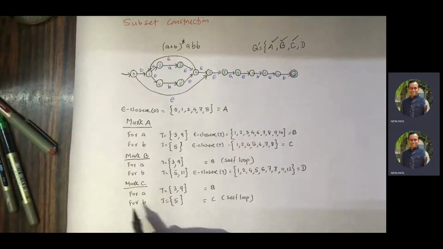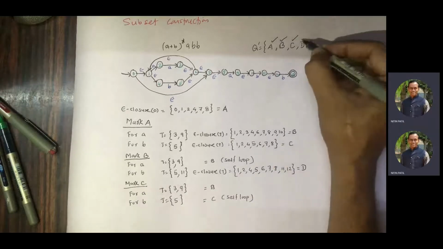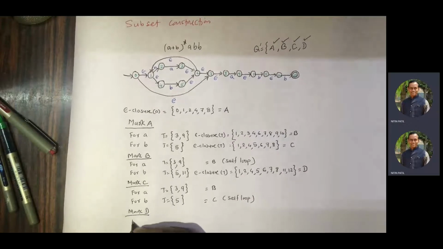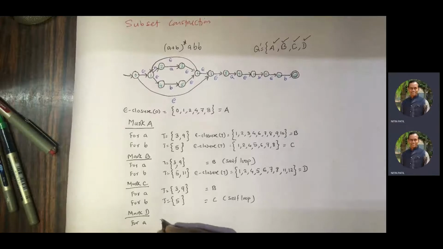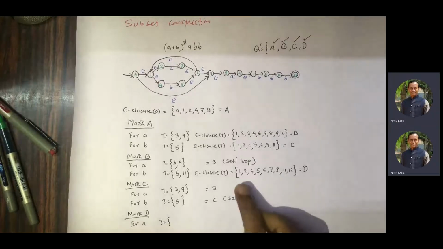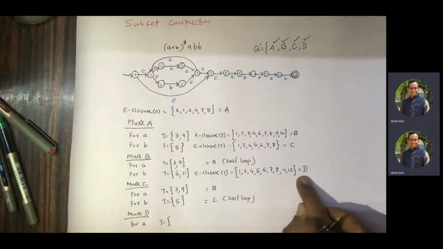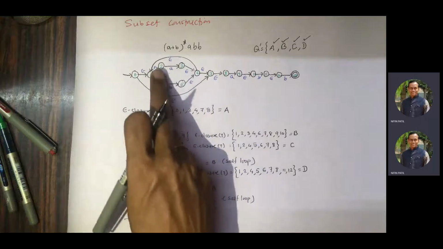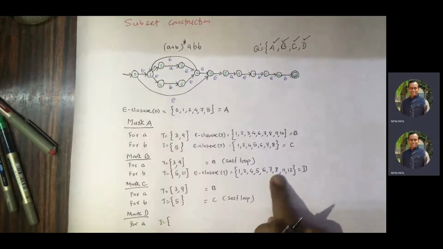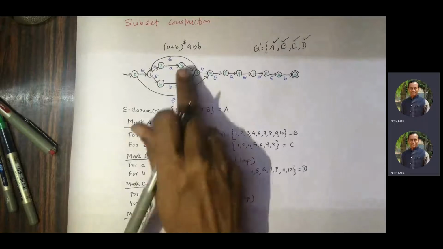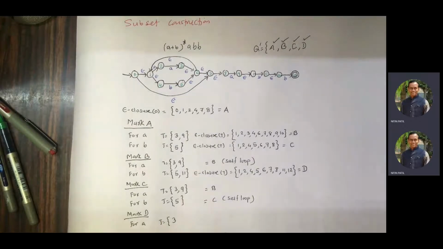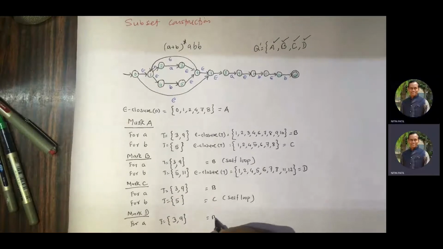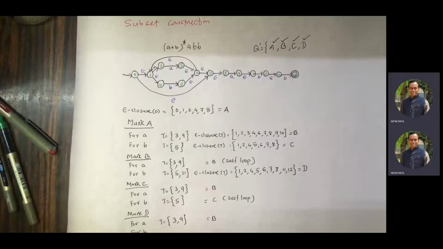Fine. Okay. Now you are done with C. Now you add D. So you mark D. For A, compute T. Now you had a set to be 1, 2, 4, 5, 6, 7, 8, 11, 12. Now try to see. We know that there are only two A transitions, from 2 and from 8. Are they part of this set? Yes. So you write those states. From 2 it is going to 3 and from 8 it is going to 9. Now we already computed this. That's why we will write B directly.